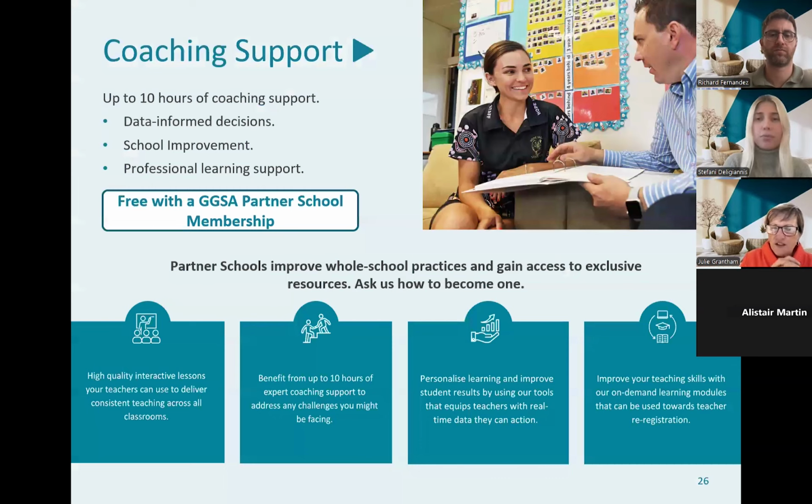And one of the other things that we offer, of course, is coaching support. This is part of our partner school membership. We can offer you direct coaching, whether it's in your implementation, how to administer your placement testing to get started, placing children in groups, or the first time you analyse data. So we can respond flexibly to the sort of coaching support that you need. Now, Steph does this all the time. It's her role as a teaching coach to provide this support. So do you want to add a quick few words on what that support can look like and how it works, Steph?